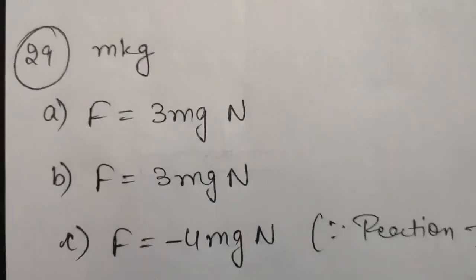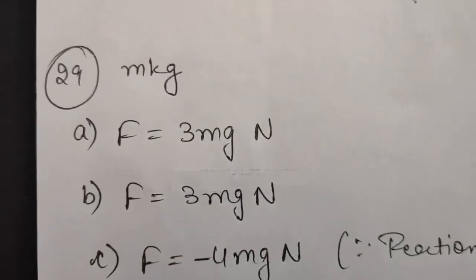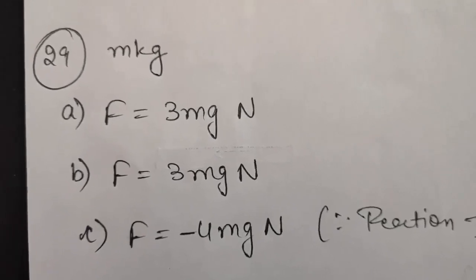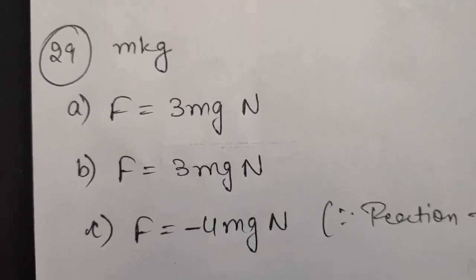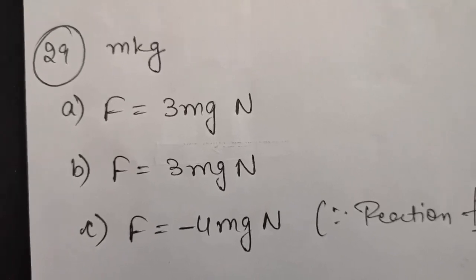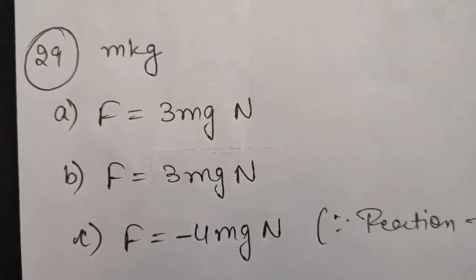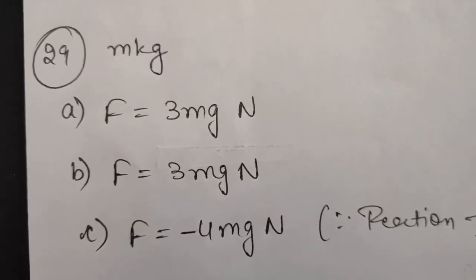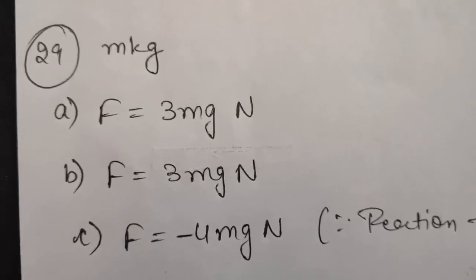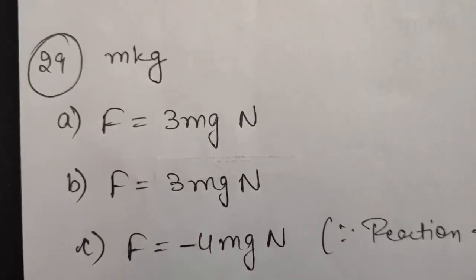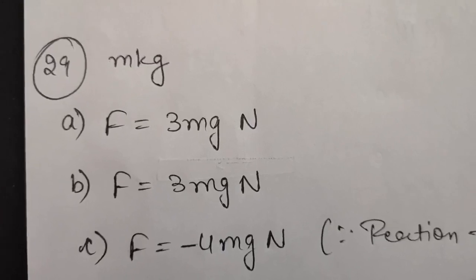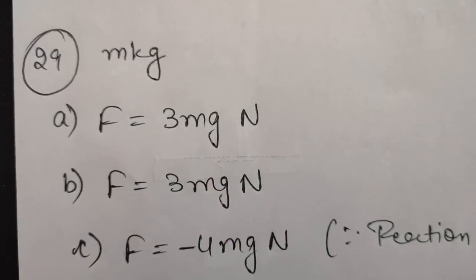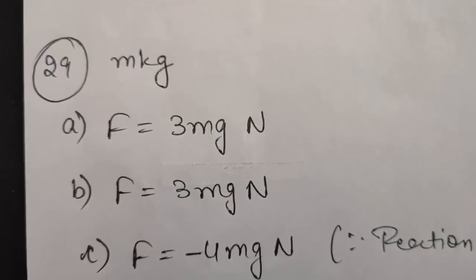Okay, so the next is question number 29. It says 10 one rupee coins are put on top of one another on a table. Each coin has a mass of m kilograms. Give the magnitude and direction of A, the force on the seventh coin due to all coins above it, and we are counting from the bottom. See, there are 10 coins and we have to calculate the force on the seventh coin, which is counted from the bottom. So now can you tell how many coins will be there upside in the upward direction of the seventh coin?